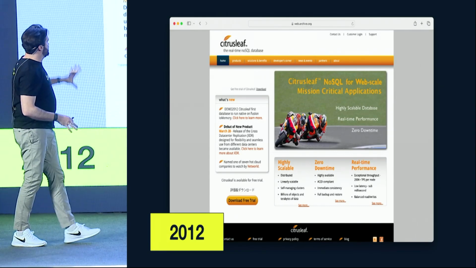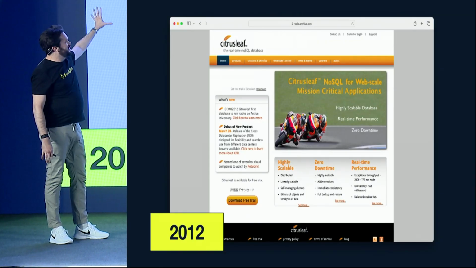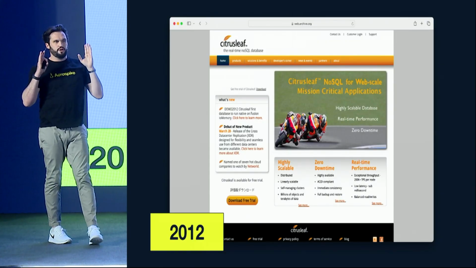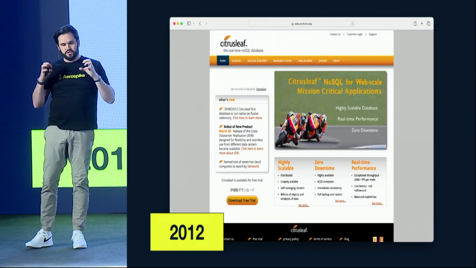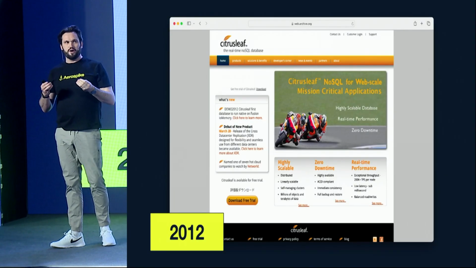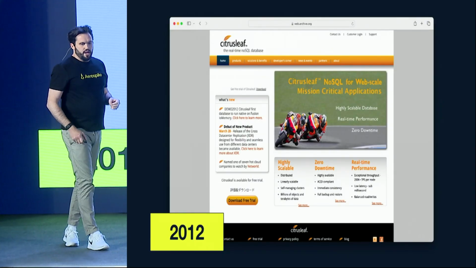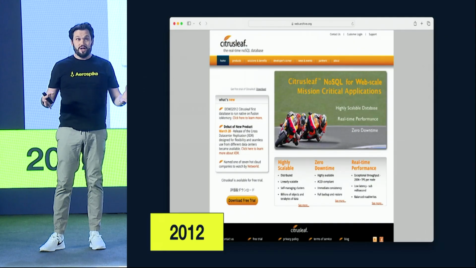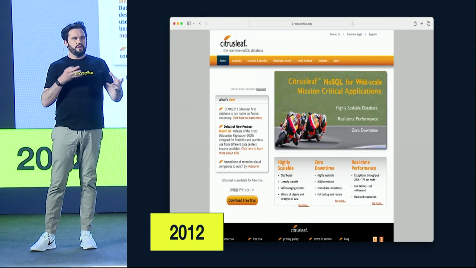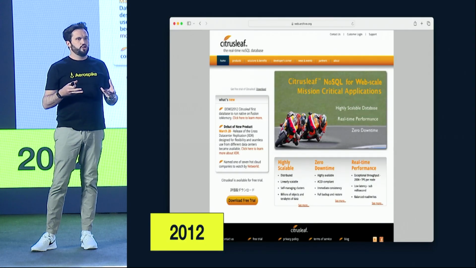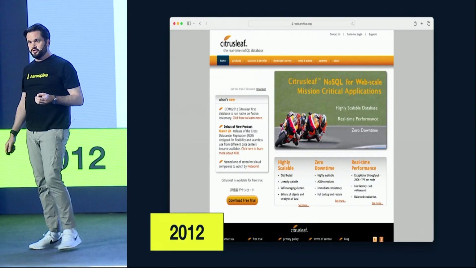So in 2012, the company formerly known as Citrusleaf, now known as Aerospike, you can see in the marketing, was very focused on key value store, web scale, fast. This is a lot of language around caching and persistent caching. What we found is that because the system is so reliable and so fast, people started using it for all kinds of stuff that represents more traditional enterprise class, mission critical database workloads.